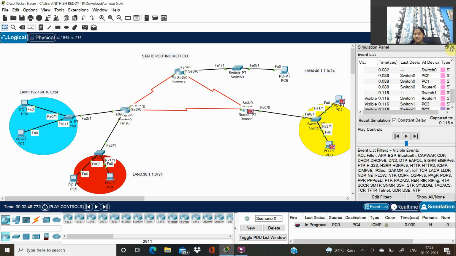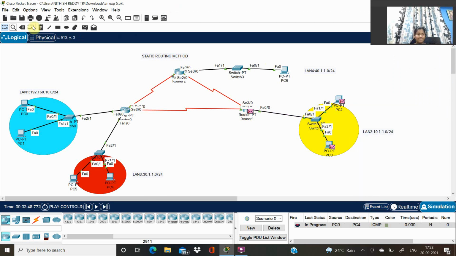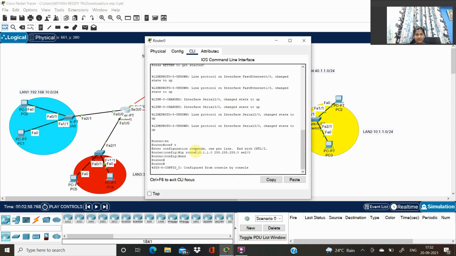Sorry, I made a mistake. It is saying it is in progress. So now I have to configure router 0 again. Let me configure it, I forgot it.